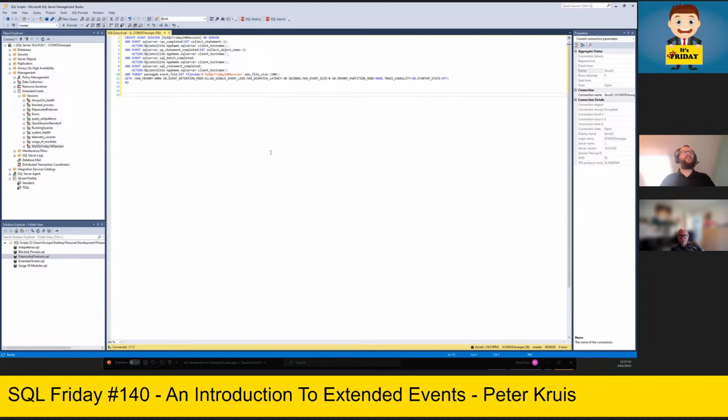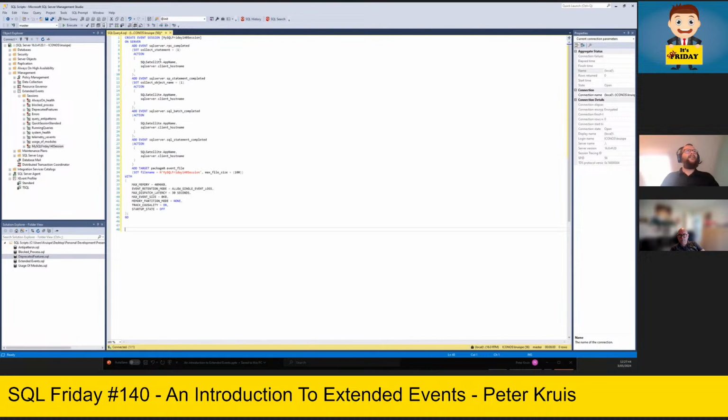After a small reformatting, here you can see the syntax, whereas Profiler has all those numbers you need to know to configure it. I think this is quite good visible. I'm going to create a session on my server. On Azure, this might be different. What events am I going to use? Well, I'm going to retrieve my RPC completed.